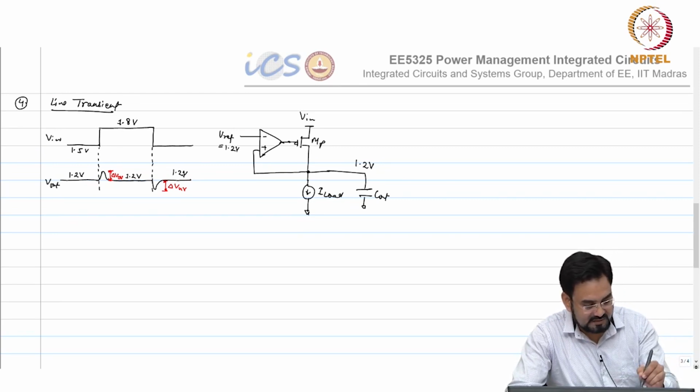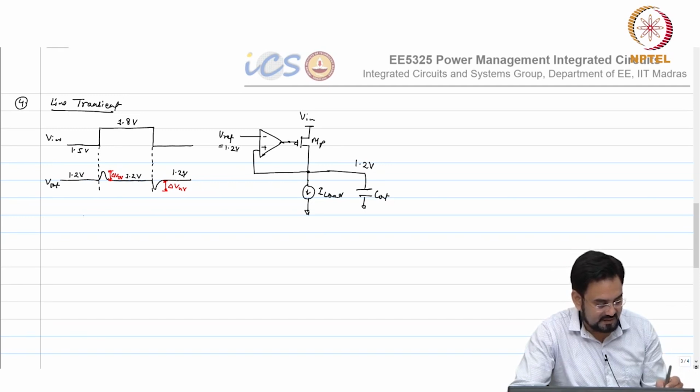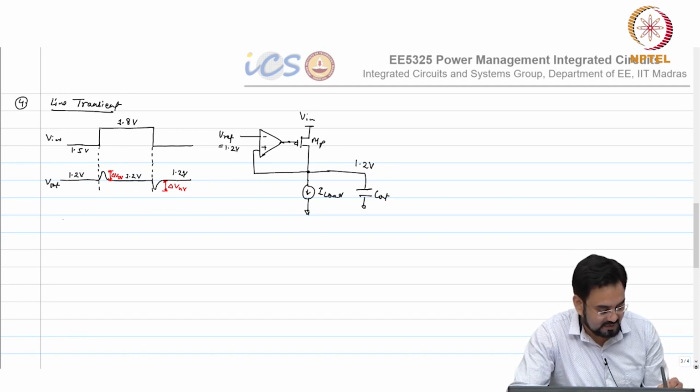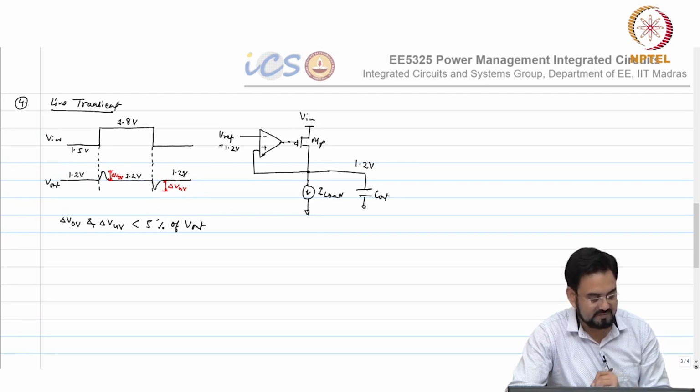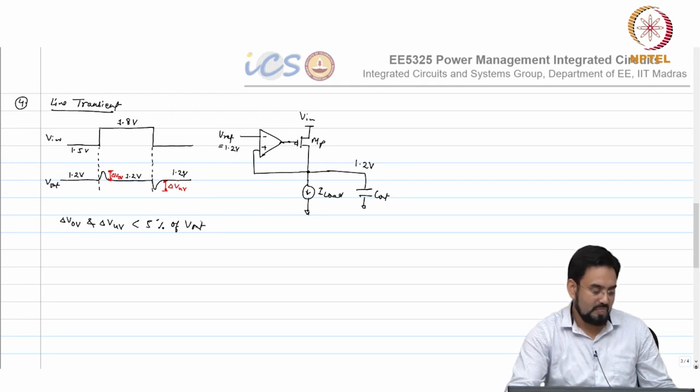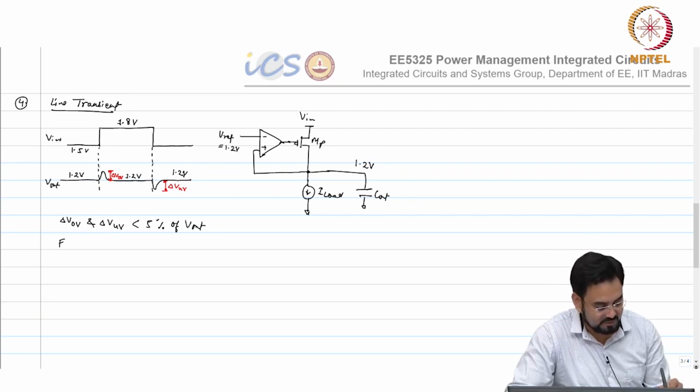And when I say this 5% spec, delta V OV and delta V UV should be less than 5% of V out. Okay. So, which means for 1.2 volt,